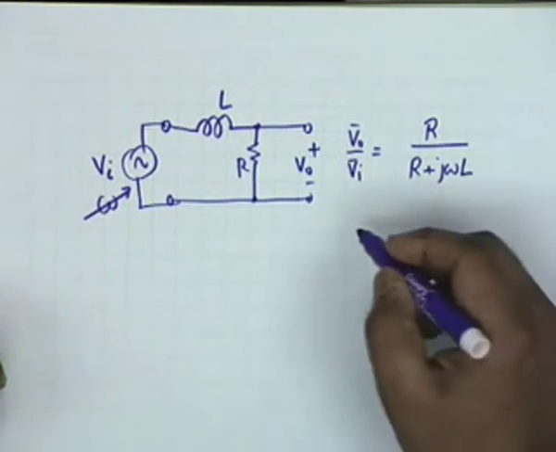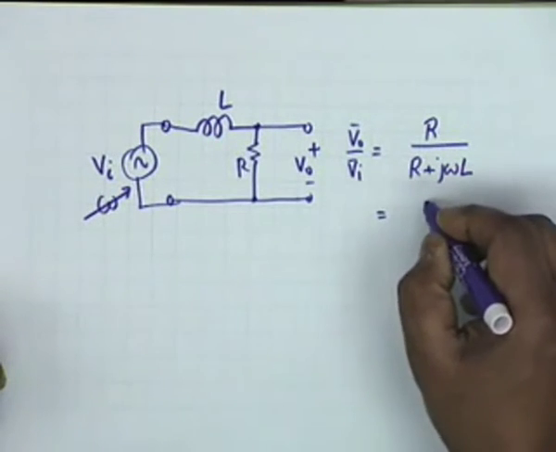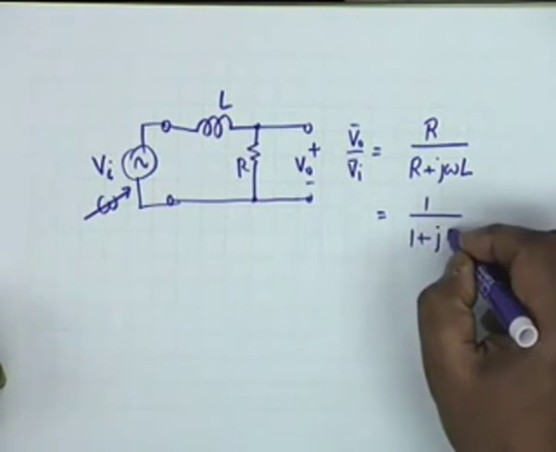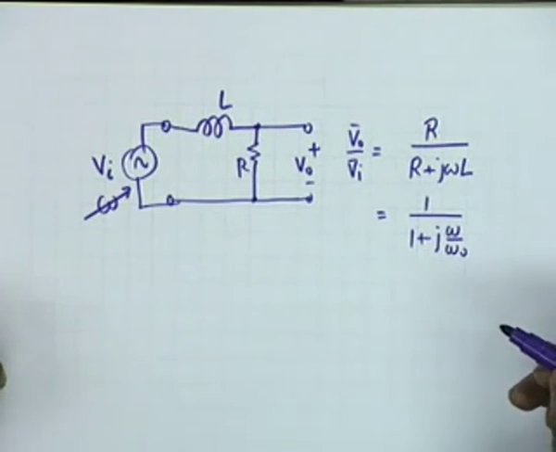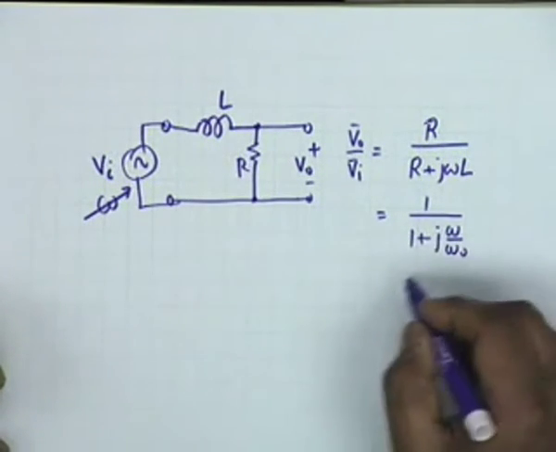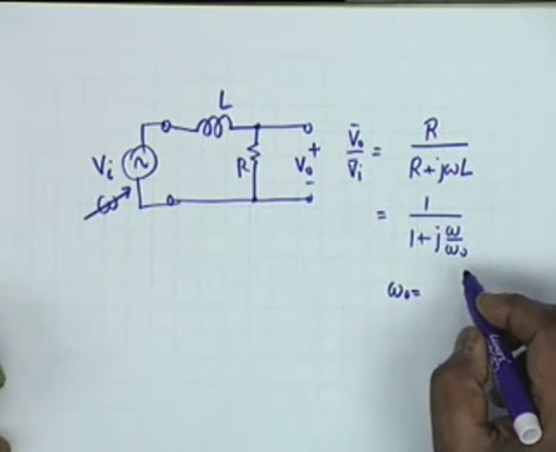And then if you take the magnitude, well, it can be put in the form 1 by 1 plus j omega by omega 0, where omega 0 is equal to,